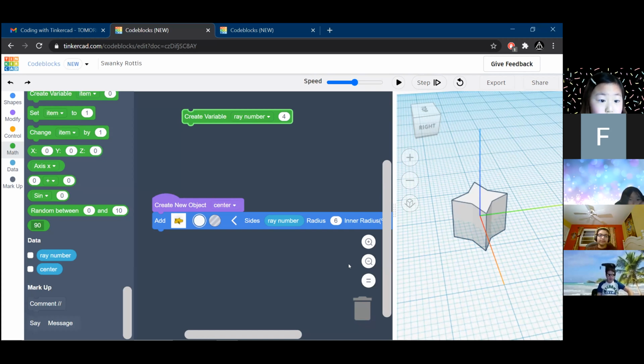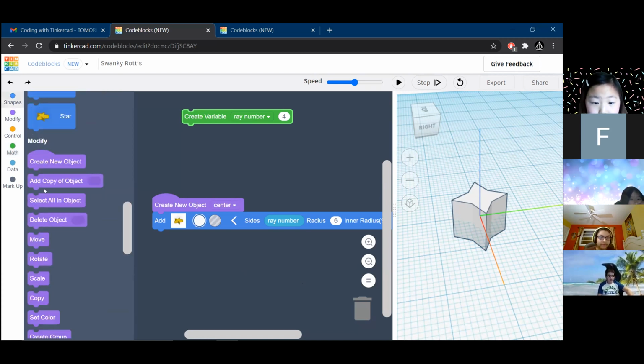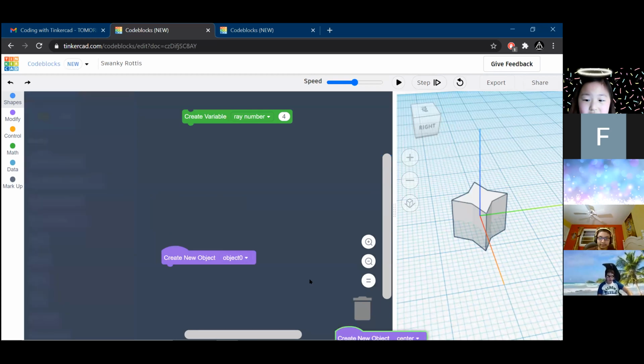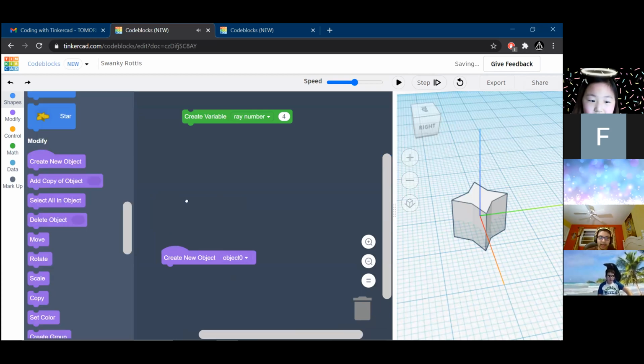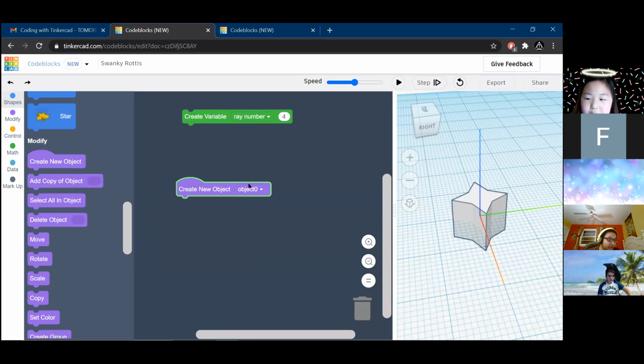Yeah, absolutely. So the first thing we're going to do is find this purple block that says create new object. We're going to drag that over. Like I changed the ray, there's this drop down that says,